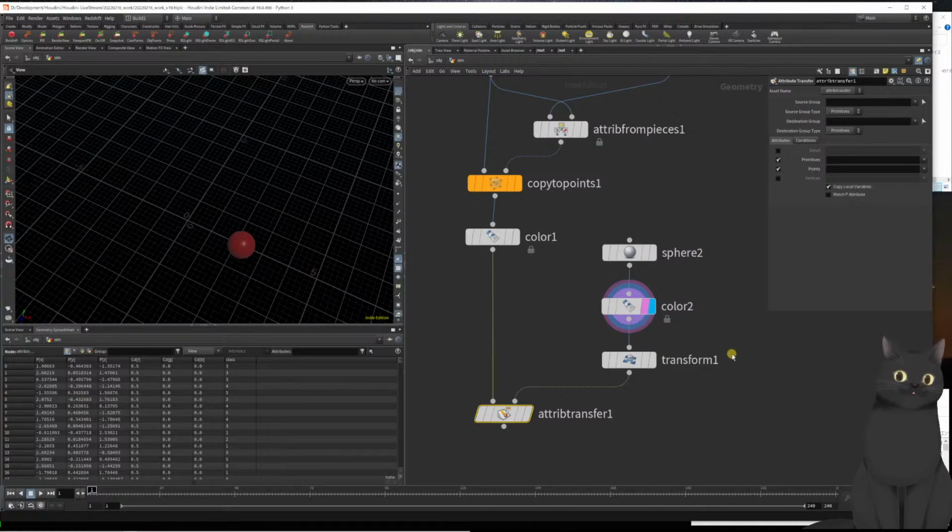We colorize it to be red, and then we transform it, and here you can see that I'm rotating